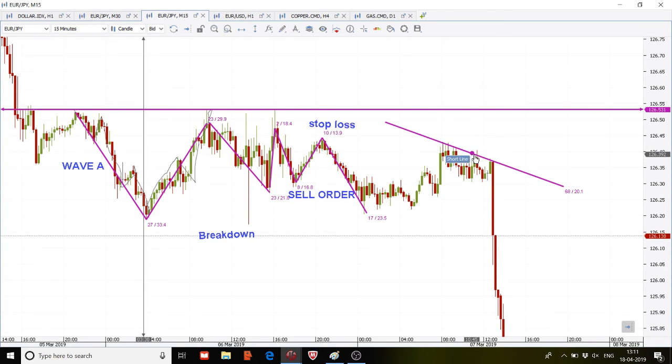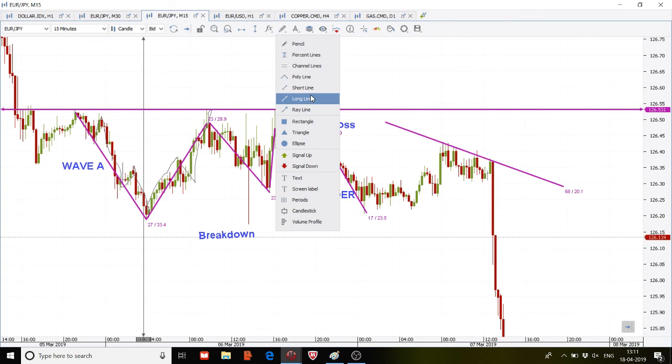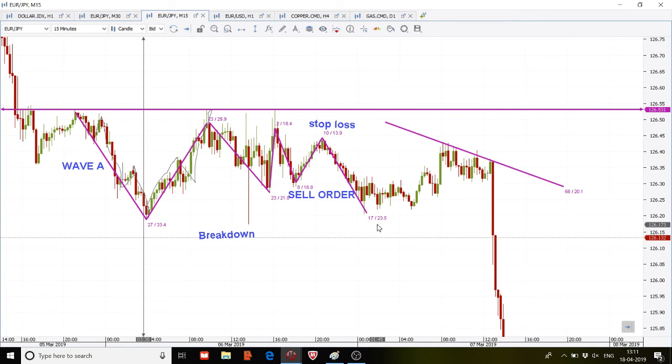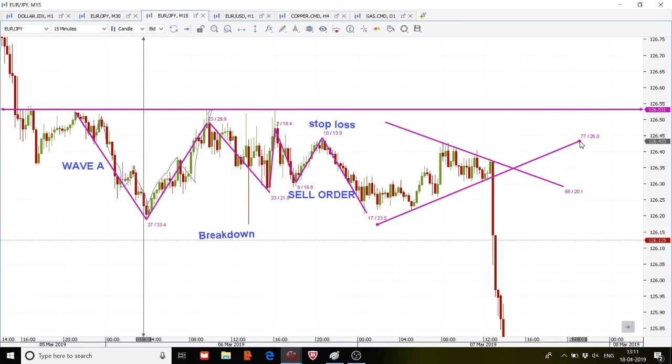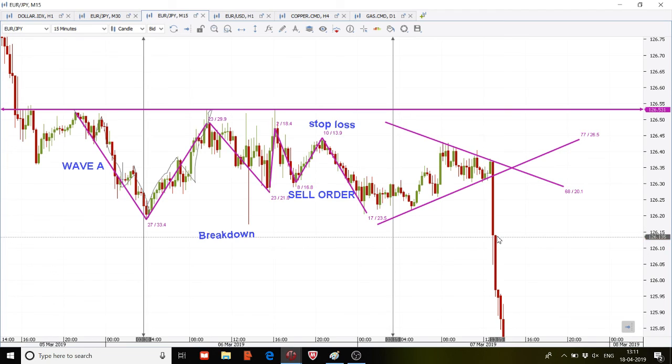You have got the series of lower swing highs, and then higher swing lows. You are getting the exact structure like a contracted triangle. Then again you can see wave A, B, four waves you have got, small in itself, and the breakdown,